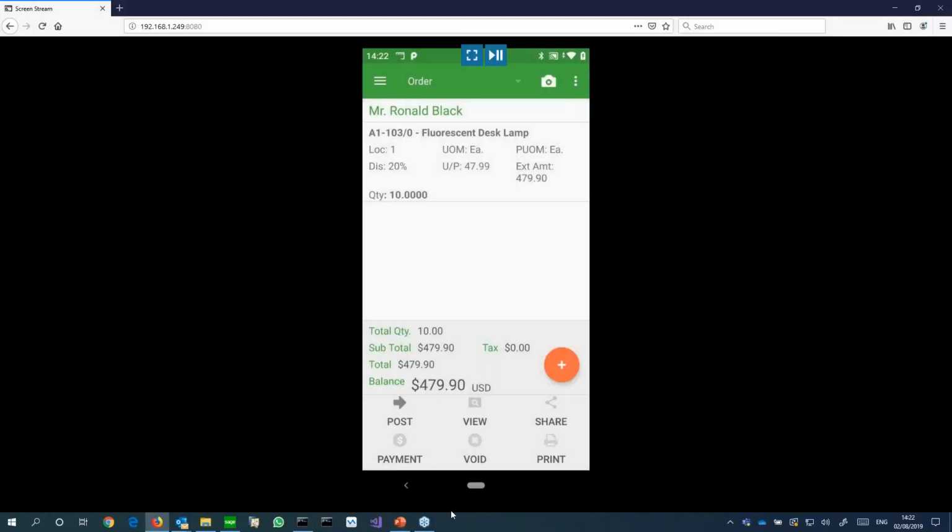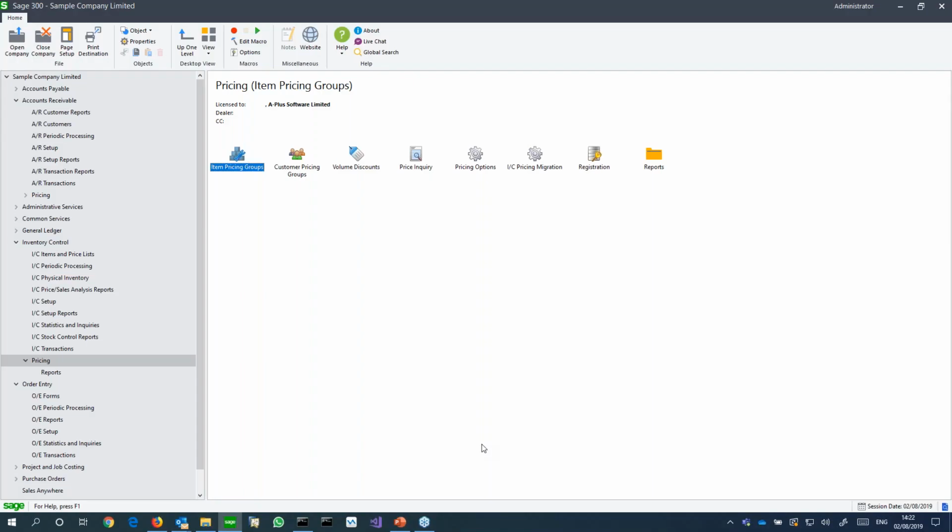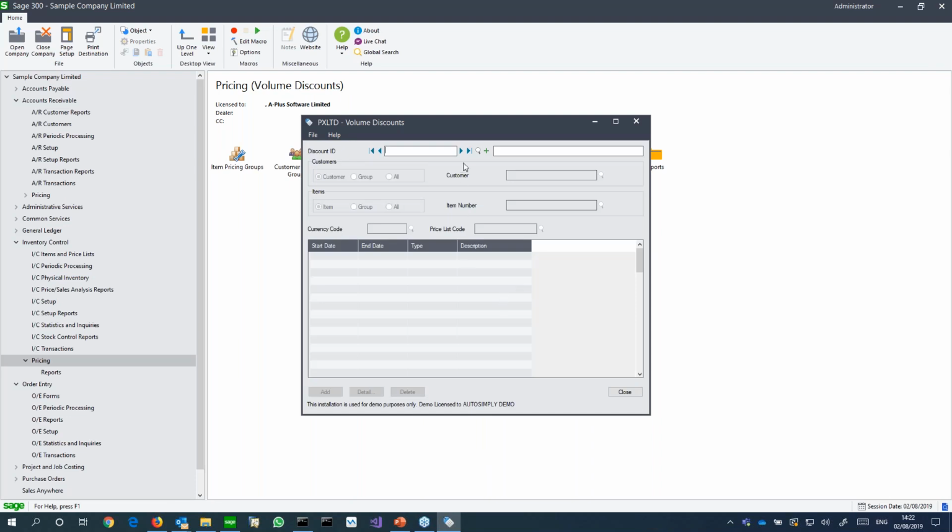Let me show you what's happening under the covers. So if I go into that particular company and then go into the pricing module, the volume discounts screen, the discounts are actually applied because I created a discount scheme for this particular customer 1200. If this customer buys any item that belongs to this item group, this item 1 group,